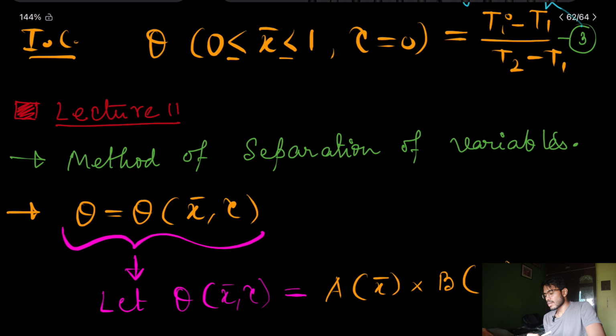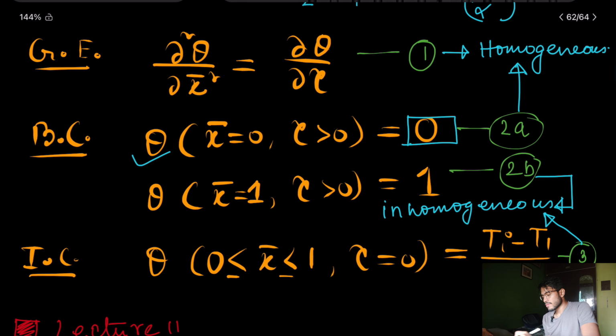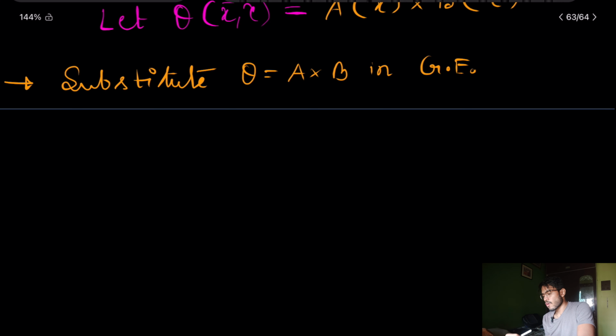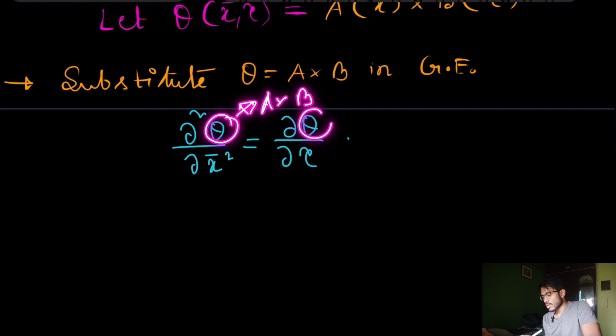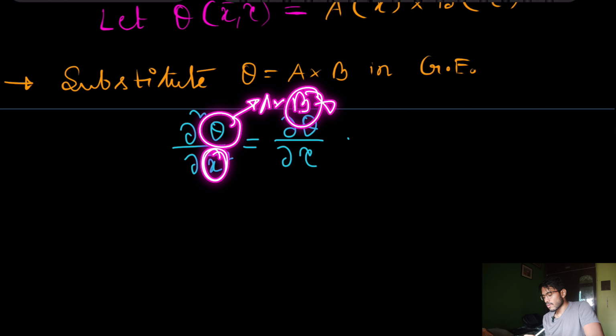So what is the governing equation? Let me write it again. The governing equation is del 2 theta del x bar 2 is equal to del theta del tau, right? So we have to put here a into b and also here a into b. Okay, now if I put here a into b, then see this b is not a function of x bar,